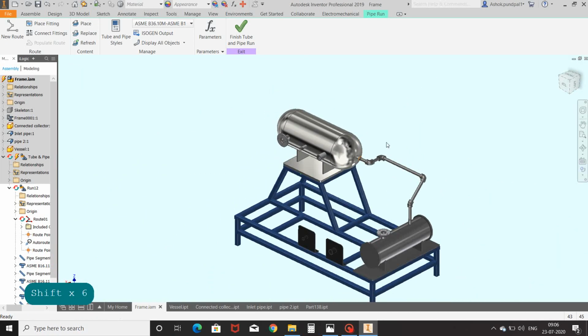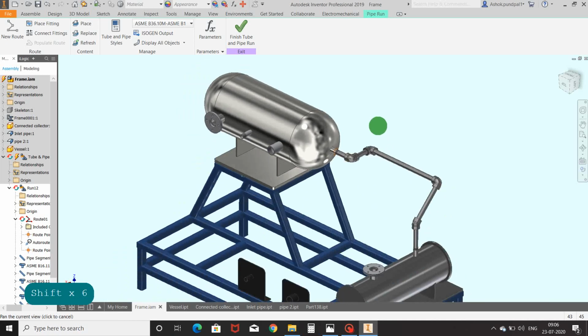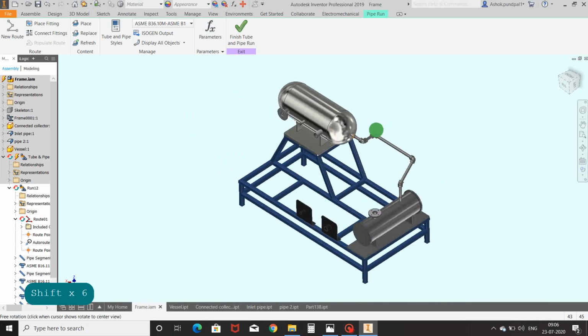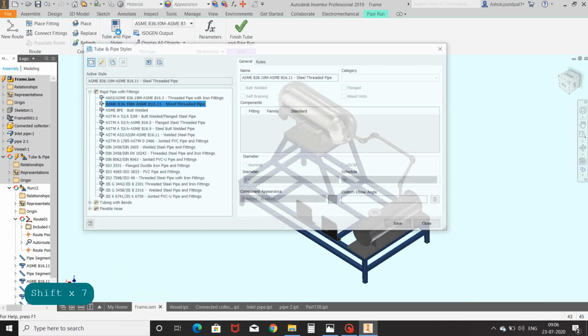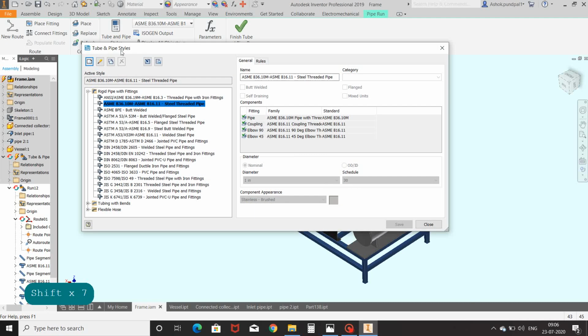Now we will see the next piping style and its route. Go to tube and pipe style. You can select any type as per your requirement. For now, I will continue with the ISO 2531 flange ductile iron pipe and fittings.